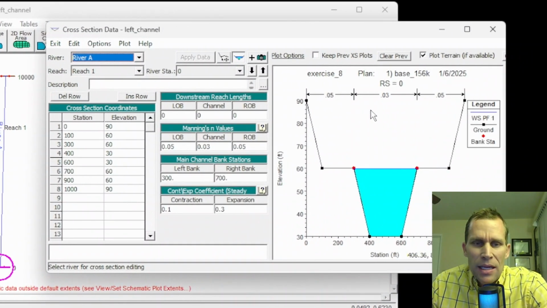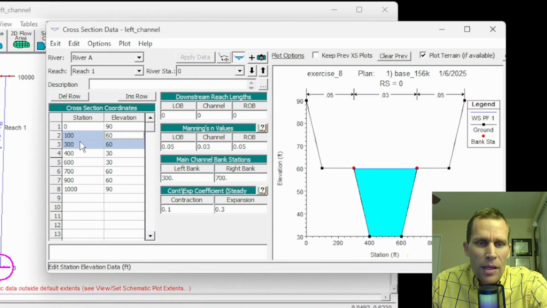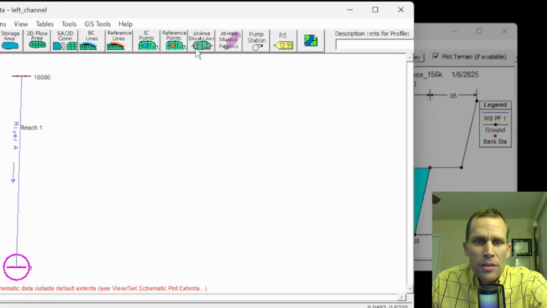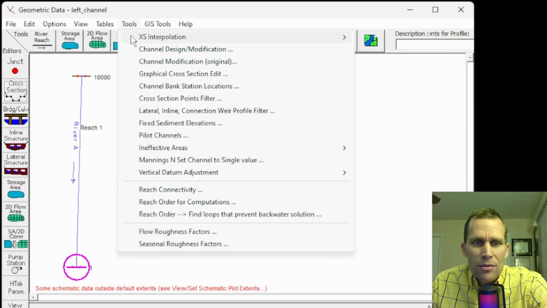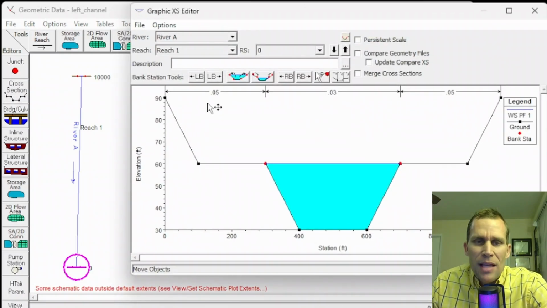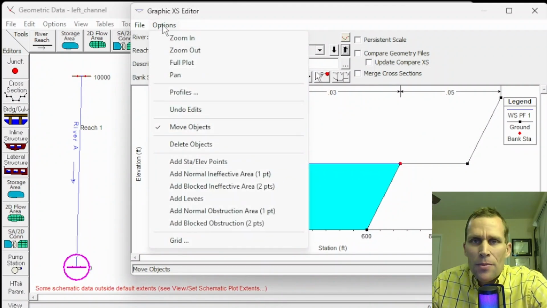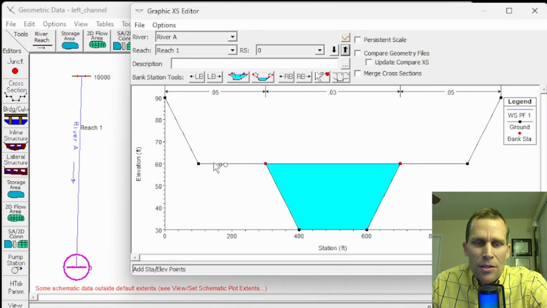So this is the data right here. Here are the coordinates. What I'm going to do is actually demonstrate real quickly Tools, Graphical Cross-Section Edit. So this editor allows me to select the river reach and then also do a number of things from this options menu. I'm going to add station elevation points just by clicking right here. So if I click and then click again, and then click here and then click again,